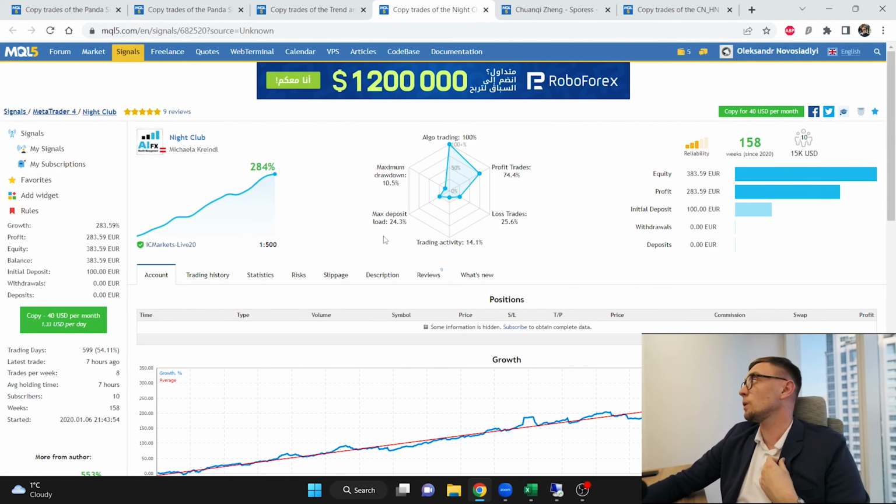Because first of all, when we are subscribing and investing in a signal, we need to be confident in the strategy and not too scared, running from side to side and watching the account all the time. I was telling you about an explanation in comparison to the weight in the gym. When you are going to the gym and working out, your weight must be comfortable. It must not be too heavy, but it must not be too easy. So it must be the proper weight. The same with risk. If you are investing your money and choosing a strategy, it must be comfortable for you.